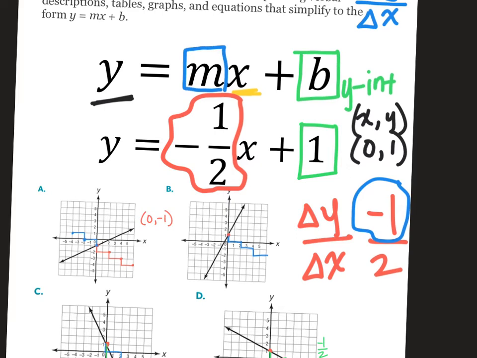For this particular equation, y equals negative 1/2 x plus 1, we realize that the negative 1/2 is the rate of change here. This means that y is changing by negative 1, which means it's going down by 1, and the x is changing by 2, which means it goes to the right 2. And then we also know that this is our y-intercept, 1, which means our line is going to cross